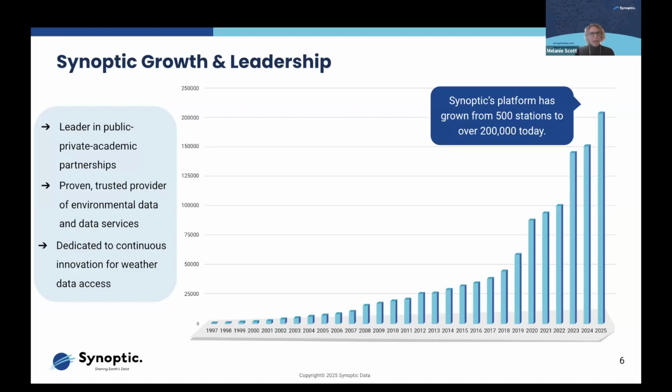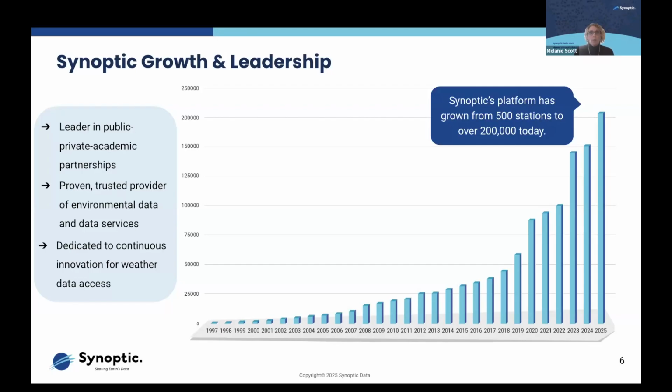So it's your basic atmospheric data: air temperature, dew point, relative humidity, wind speed and direction, wind gusts, those types of things. But we also have parameters like soil moisture or soil temperature. There's some fire weather specific in our API that can be accessed. So there's a lot of rich data in our platform, and you can just see how we're growing it over time, and we continue